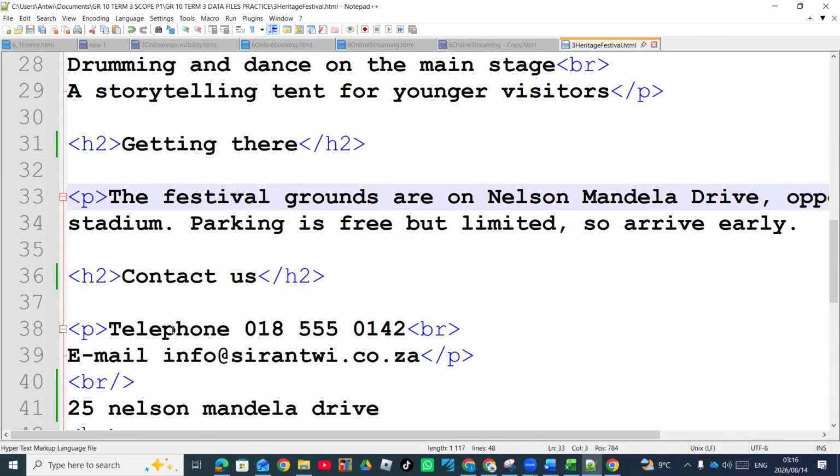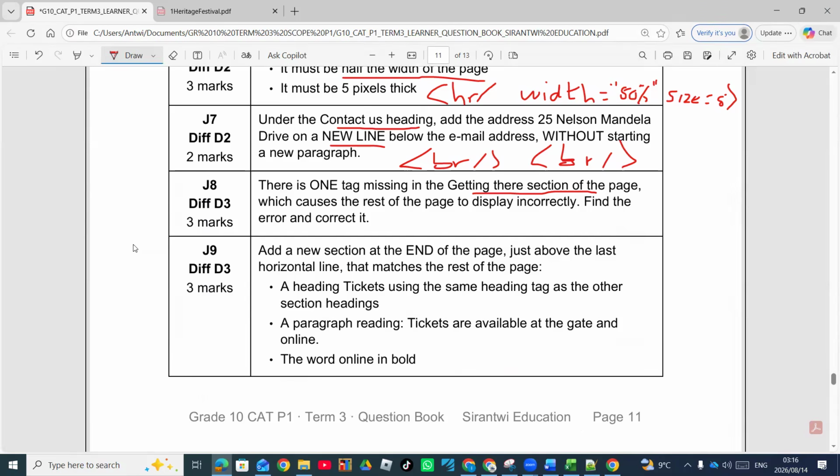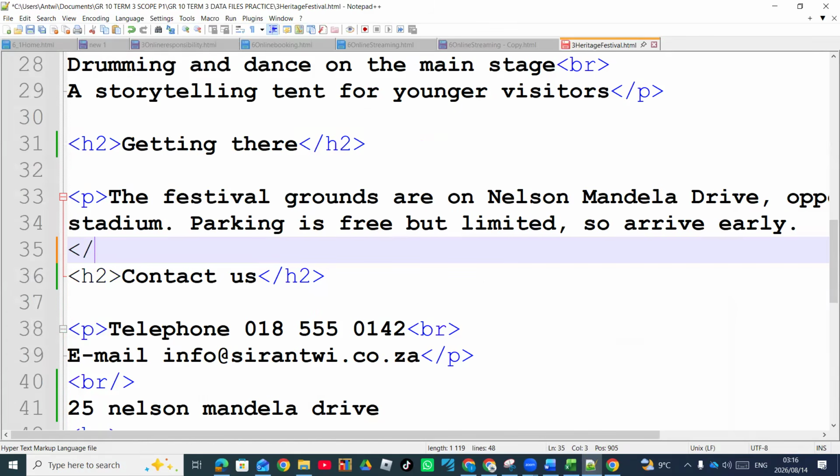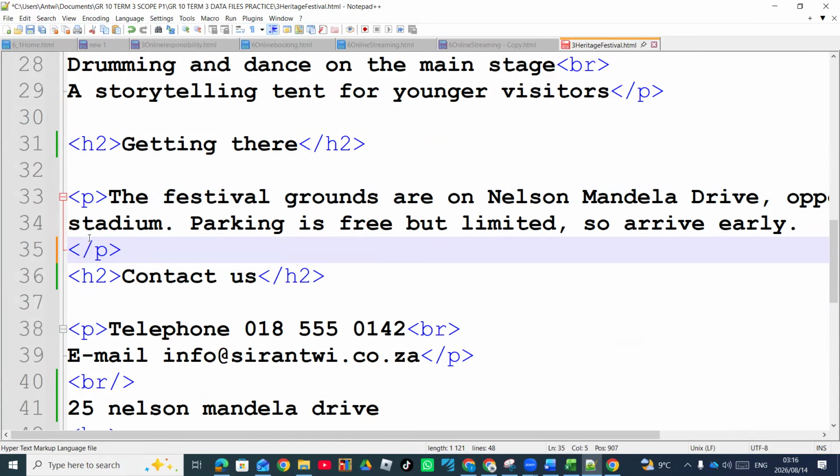Now the question says under the Getting There, we have a paragraph. Yes. This paragraph here, the festival grounds on Nelson Mandela. Let's go and check. The festival grounds on Nelson Mandela should be a paragraph, but it is not showing as a paragraph. So we need to close the tag. We did not close it, so we must close our P. That is why it was not selecting it. Whenever you click on the open tag, it must select the close tag. So it was not there, so it was not selecting the close tag for the paragraph. So that was the